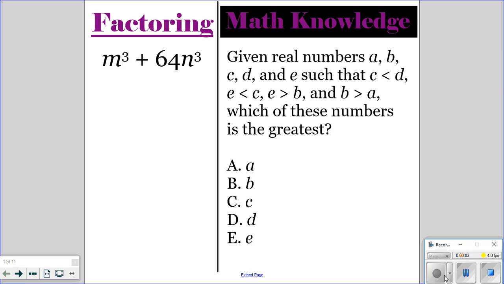Alright, so y'all go ahead and do the factoring and the math knowledge question for today. Pause the video, and then once everyone is finished, you can unpause the video and I'll go over the correct